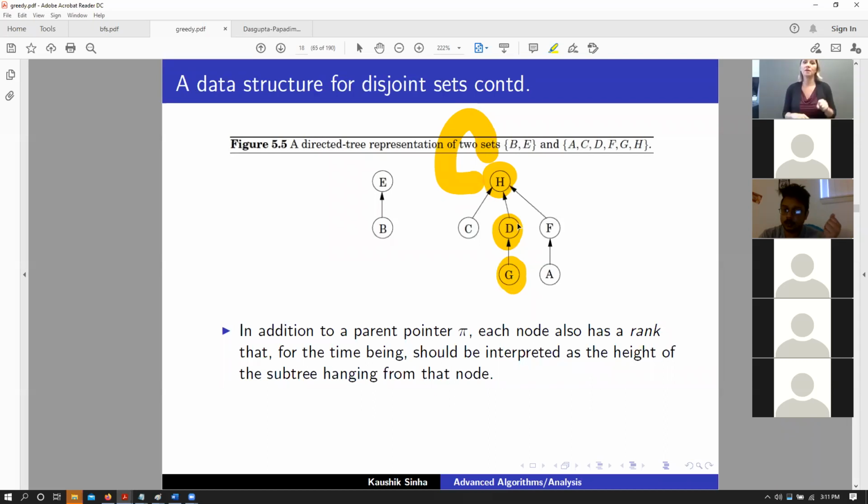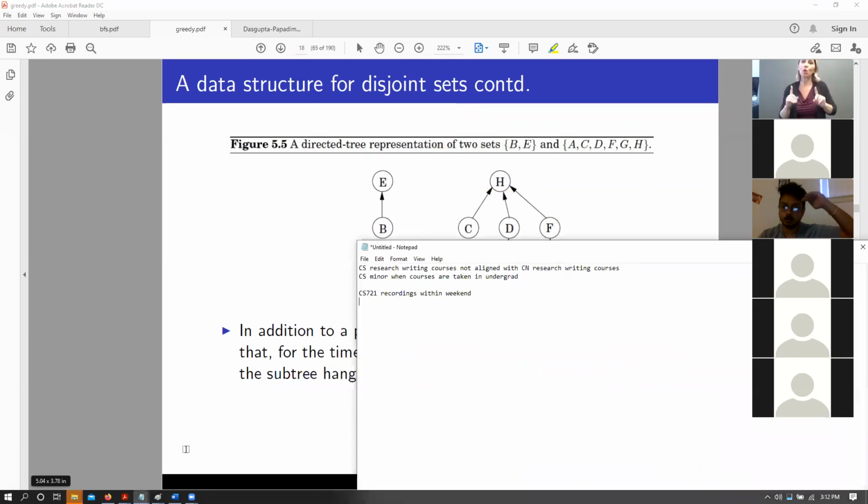Now, if we follow this sort of a search procedure, we can see that this particular data structure sort of looks like a tree, doesn't it? It is not a binary tree. It can have multiple edges going out, but it is sort of like a binary organized tree or a ternary or a whatever organized tree. And in such trees, how many levels would I have to go up in order to find my root node? Can someone tell me? How many levels would I need to traverse if we have V vertices in this tree? How many levels would I need to go up in order to get to the root node?